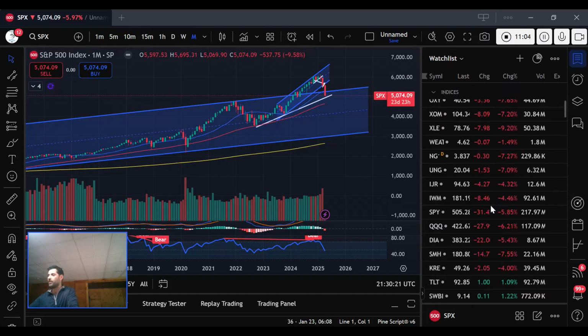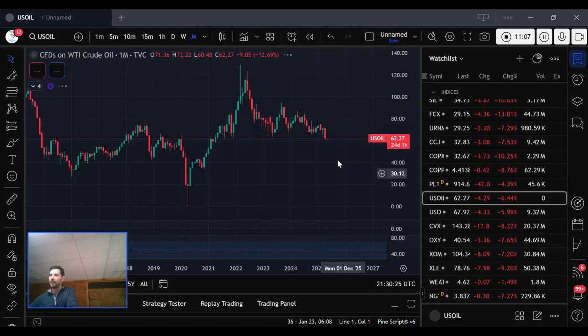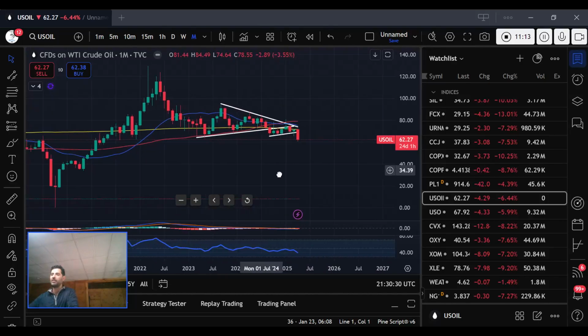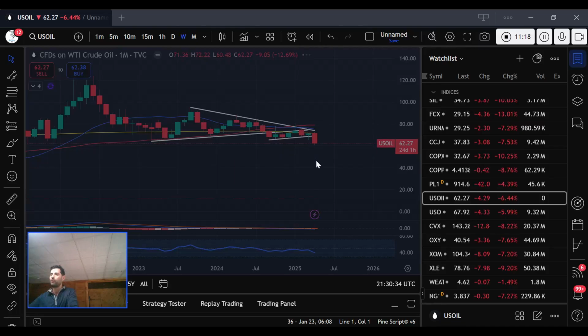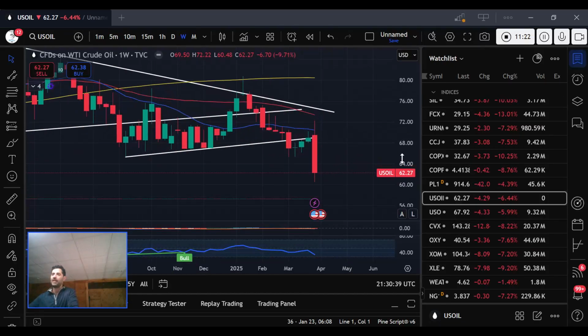I'm going to talk about some other stocks. Oil, like I said, oil had a huge sell off and I've been talking about it selling off. I've been expecting it to go lower, but it's been kind of taking its time. But it finally really broke below. Really since September of last year, it's been kind of riding along this lower trend line here, and I've been waiting for it to break.